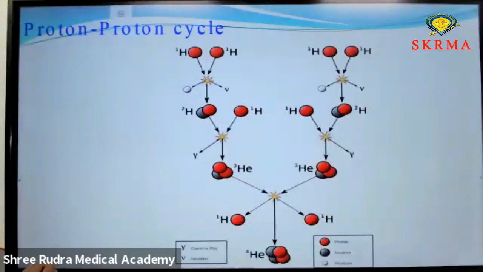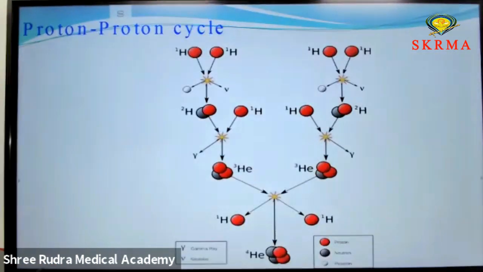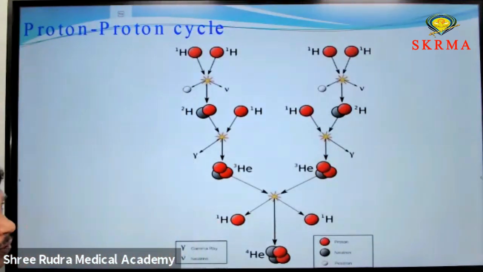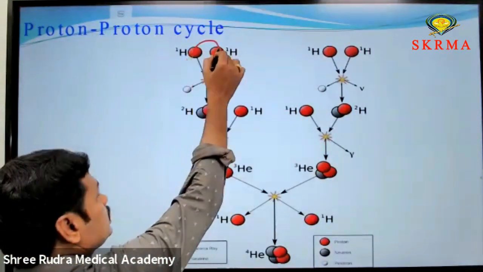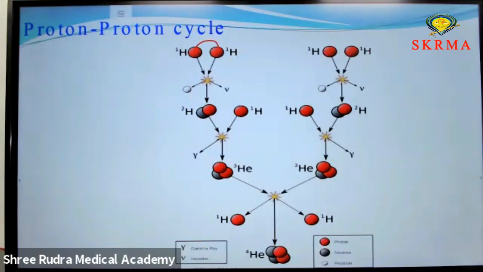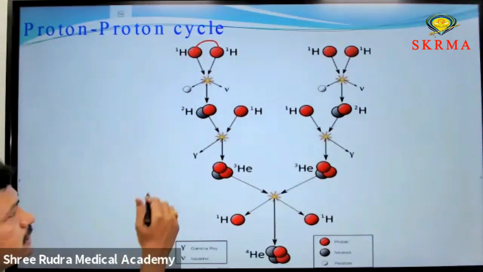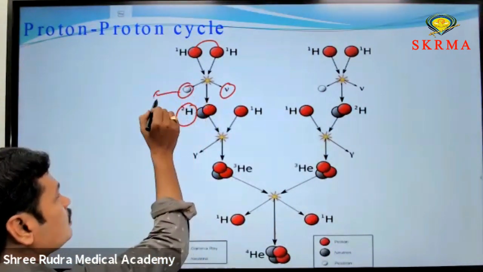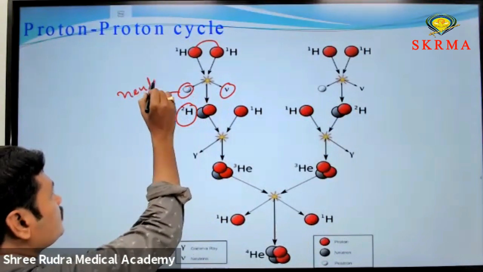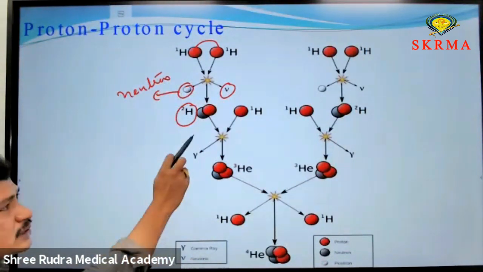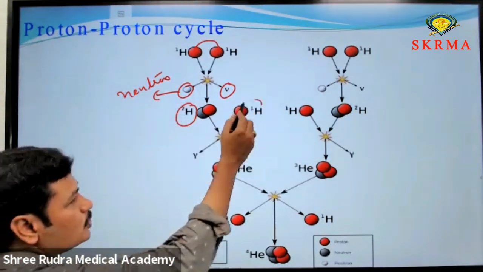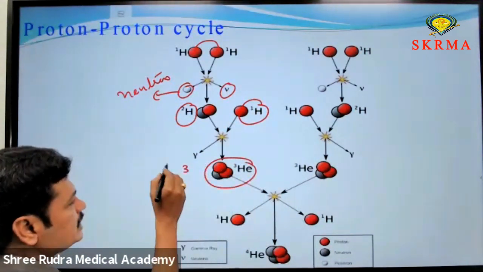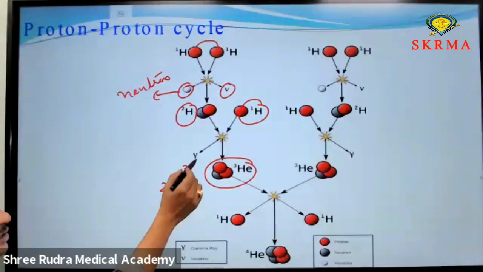The next one is the proton cycle. This also generally happens in stars. In the proton cycle, generally one proton and another proton react and produce 3 important components. The 1H2 deuterium is formed, a neutrino is formed, and another one is a positron. Further, this deuterium reacts with a proton and produces 2He3, a helium isotope, and some amount of energy is released, represented by gamma here.